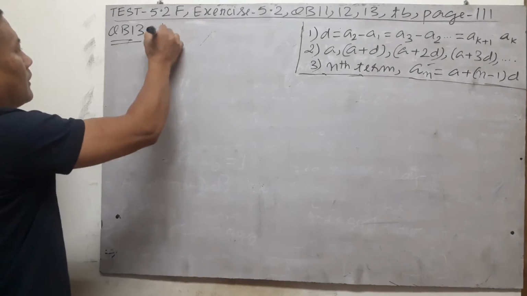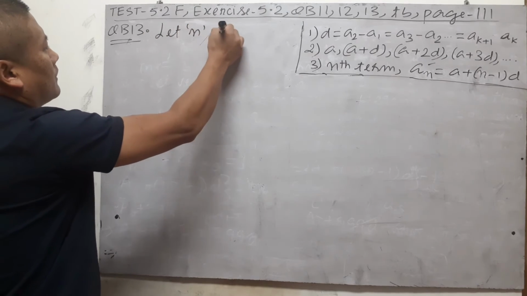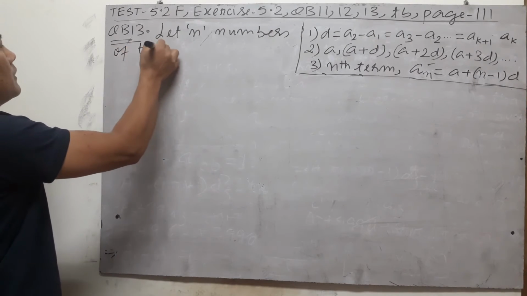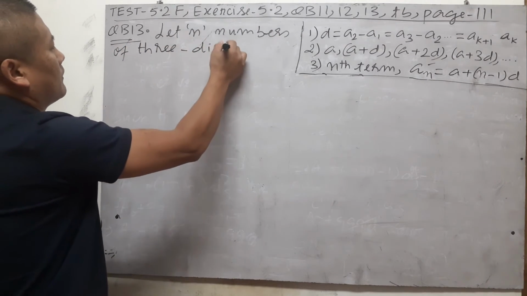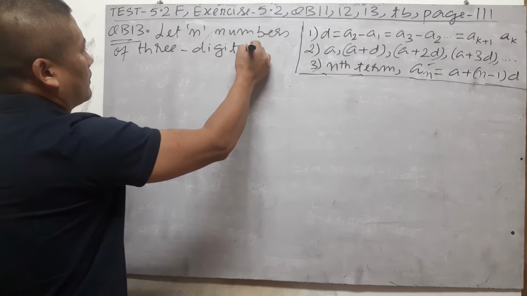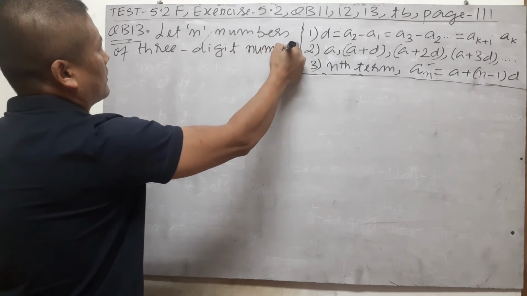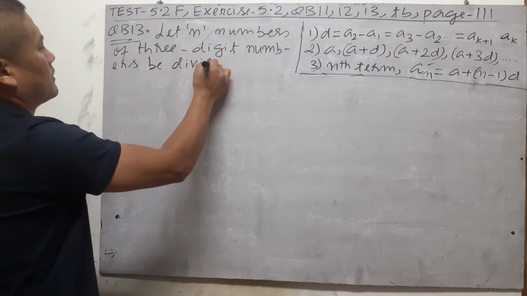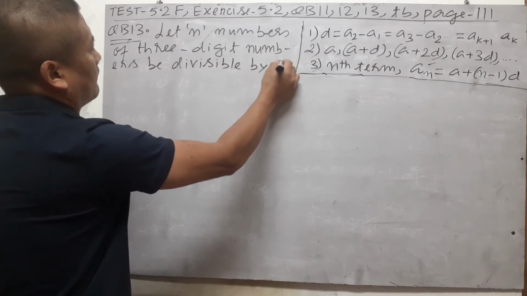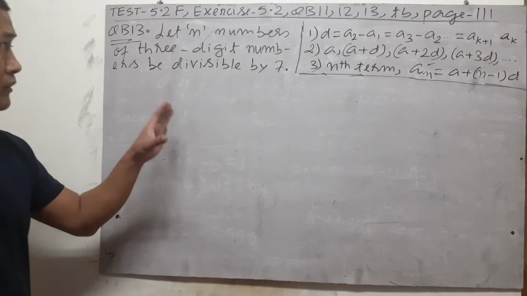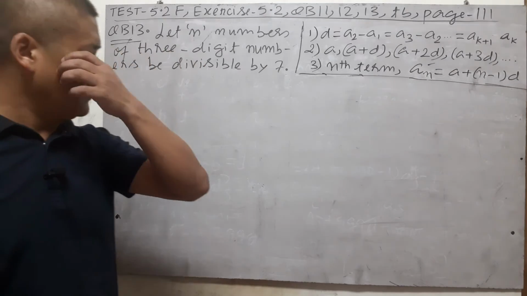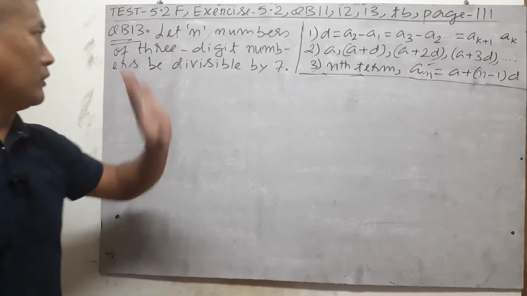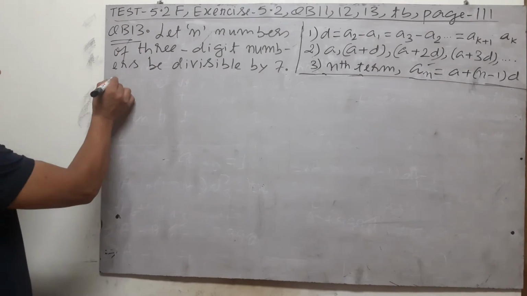So let n be the number of 3-digit numbers, so every number has to be 3 digit, divisible by 7. So you write like that. We don't know how many 3-digit numbers are divisible by 7, so we're assuming it to be n. Now, therefore,